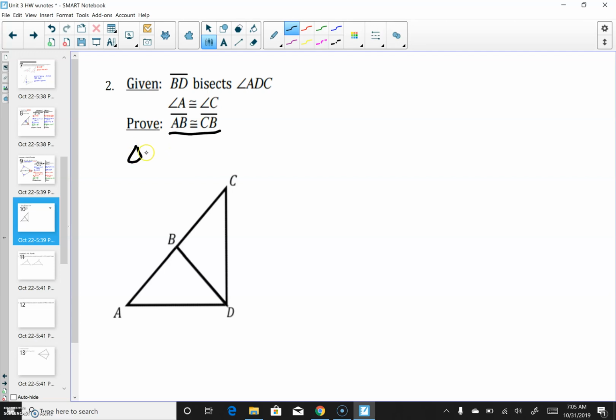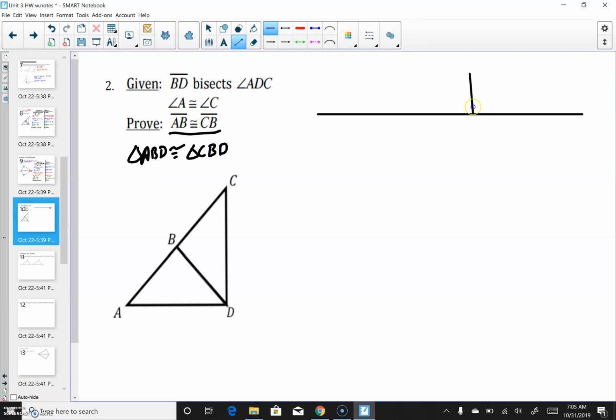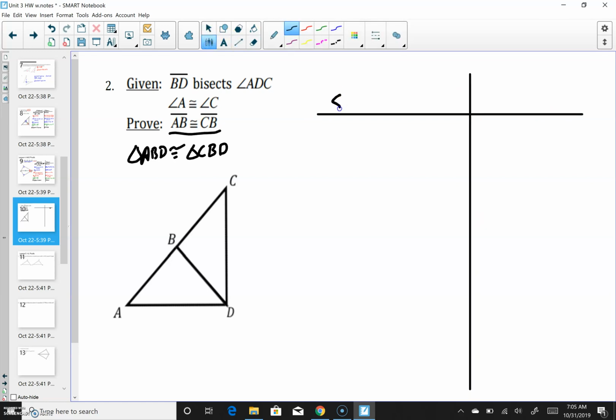So before we do that proof statement, we're going to have to prove that triangle ABD is going to be congruent to triangle CBD. And again, we're going to have to make sure we match up the letters in that statement since we have to write it ourselves to make sure that we have the correct congruent pieces. So to get to that triangle part, it's going to be the same exact thing we've been doing. We're going to list our givens, we're going to get to one of our patterns,